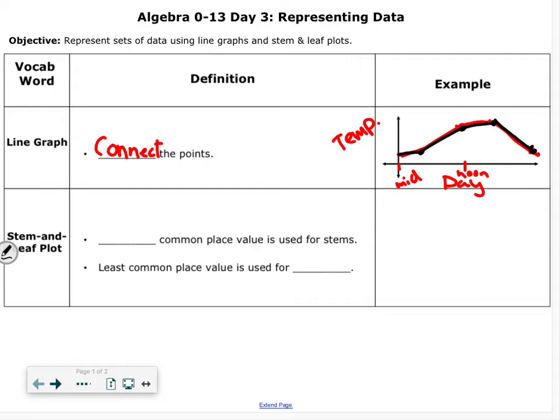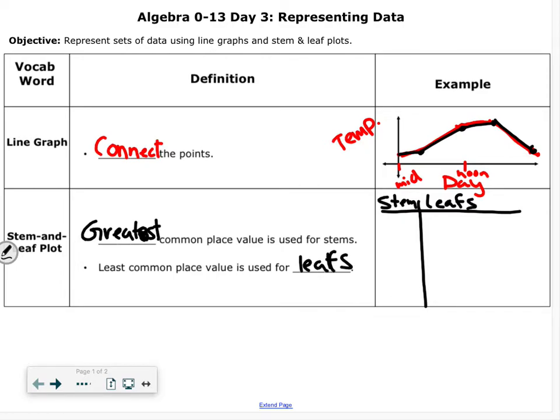A stem and leaf plot looks something like this. We have our stems over here and our leaves over here. The greatest common place value is used for the stems, and the least common place value is used for the leaves. So for example, if we wanted to represent the numbers, let's say we have 10, 10, 11,